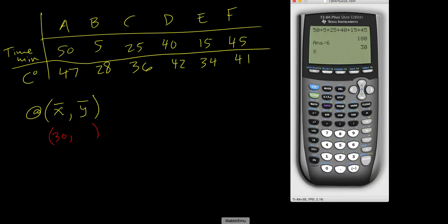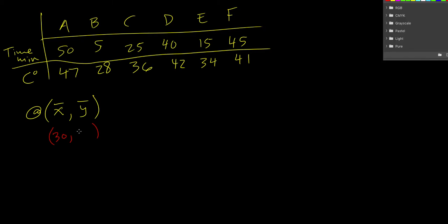And then I'll do the same thing with my y value. 47, 28, 36, 42, 34, and 41. Once again, divide that by 6, and the average temperature is 38 degrees Celsius. Okay, so we did part A. Now part B